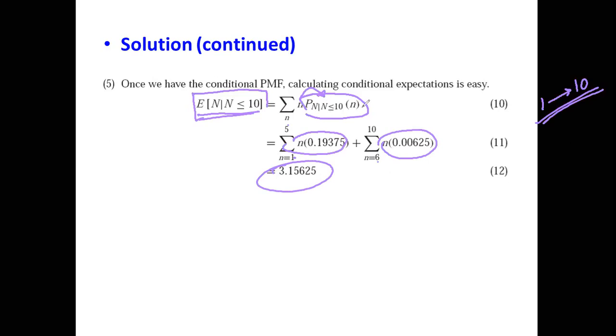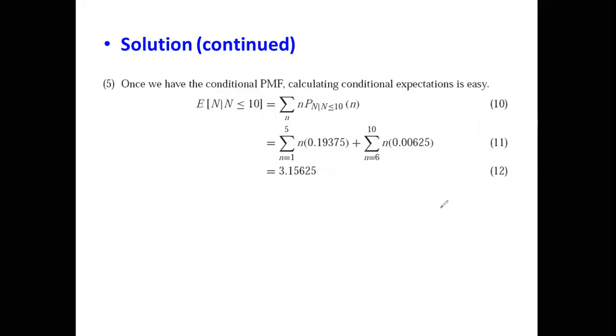Because we are finding the expected value, it is the summation of n into pn, and this particular probability has 3 ranges. One is this range, another one is this range, another one is 0 otherwise. That can be ignored. So we will do it like that, and then we will find out the result, the expected value. Okay, is it okay? Yes, sir.